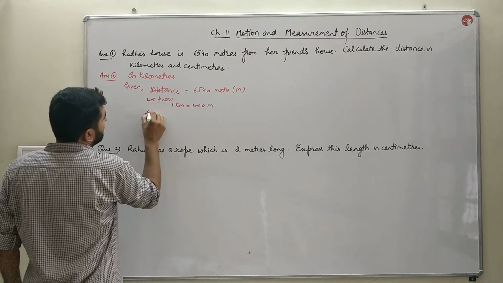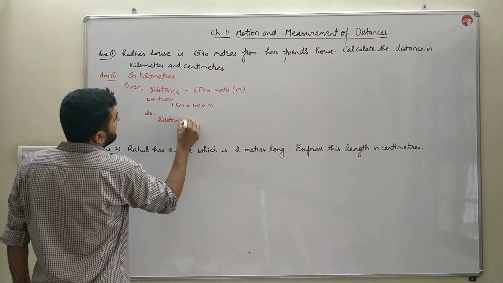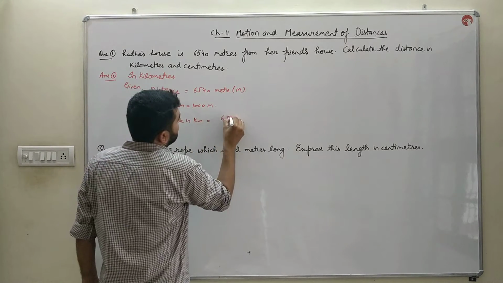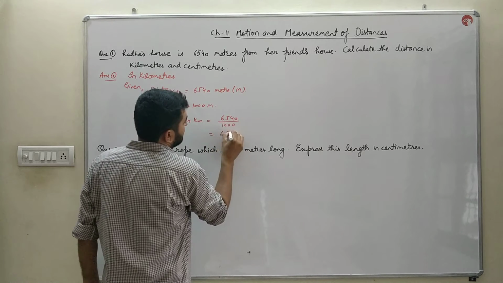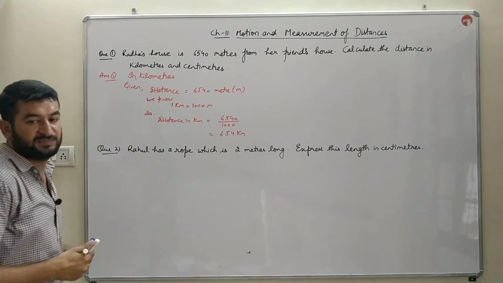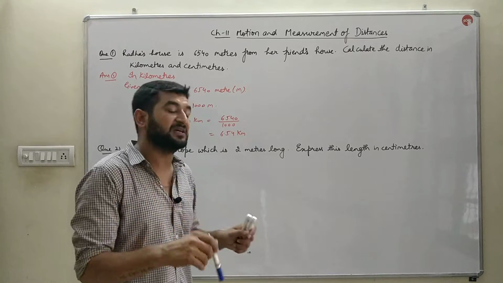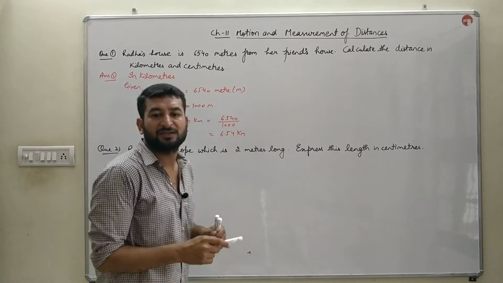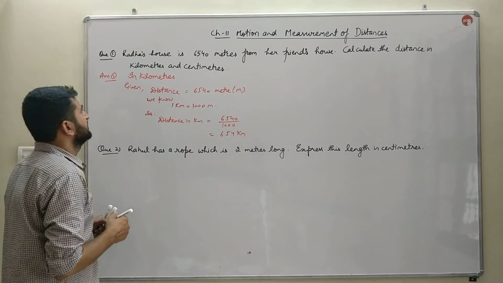So the distance in kilometers will be 6540 divided by 1000, that is equal to 6.54 kilometer. So that's how we convert the distance given in meters into kilometers. By dividing the meters by 1000, we get the unit in kilometers. Next,